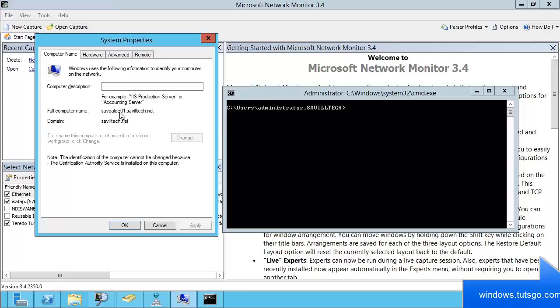in this case savdaldco1.saviltech.net. Now we also saw in previous lessons that each machine communicating on an IP network has an IPv4 address. But to actually communicate between boxes, its MAC address has to be found, and this was done using the address resolution protocol. But in the same way that we have to map an IP address to a MAC address, as